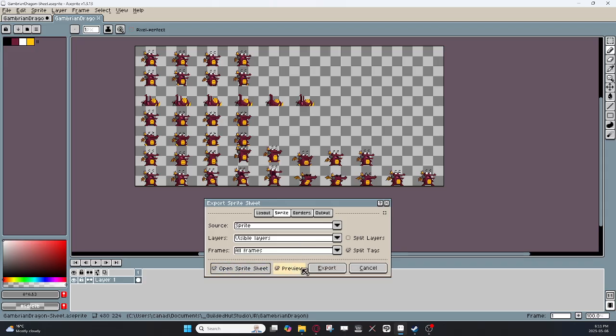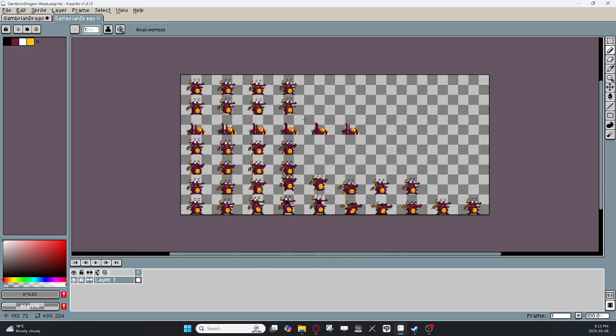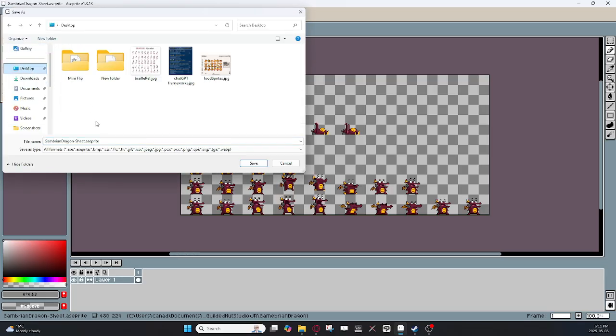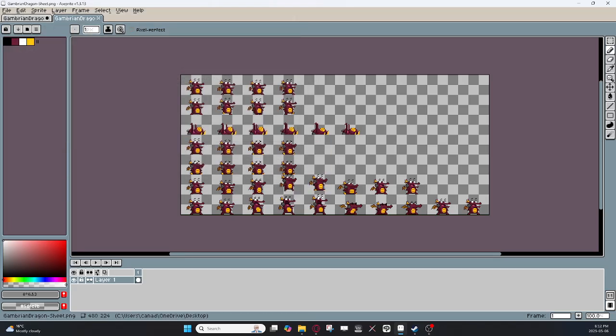And I can then click on open Spritesheet and export, and now I have this image file, and I can see that there's all this blank data, and that's fine because it has to make it into a box-like shape. Then I can go to File, Save As, go to wherever I want, and instead of .aseprite, I could say .png. PNG is what we want because we want that transparency for the background as well. And I can see that star.png is one of the options in this list. So now with that saved, I can then